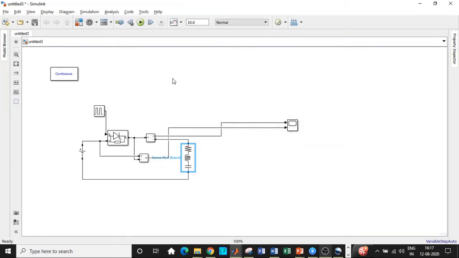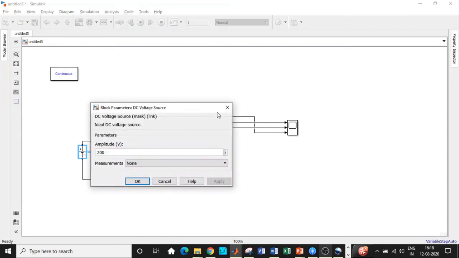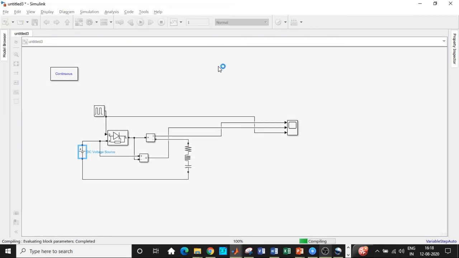Once this is done, we also would like to see how the gate pulses are given, isn't it? So I'll be enlarging this a little bit and connecting the nature of the pulse that is supplied, and I'll be setting the simulation time to 1 second, because these are static loads, so we don't need a huge simulation time, whereas in the case of motors you generally need 2 to 3 seconds in order to overcome the transients. So once that is done, I guess we've entered all the parameters according to our design. So we'll be clicking on run. So let's wait for some time, and yeah.